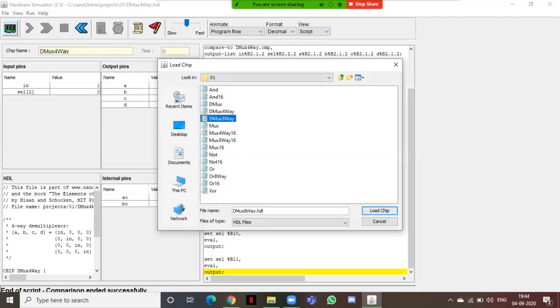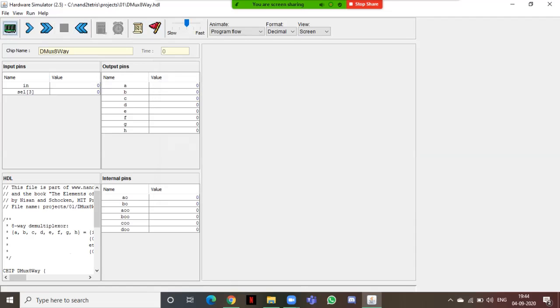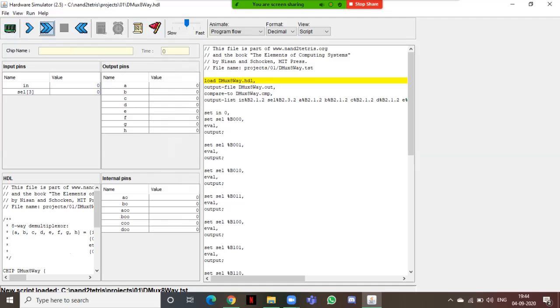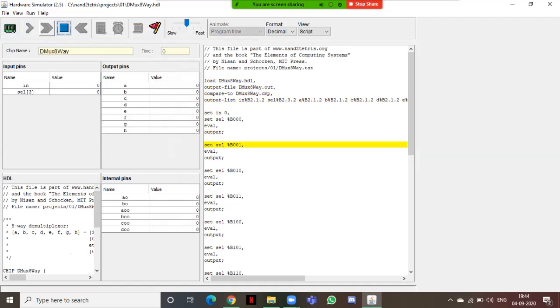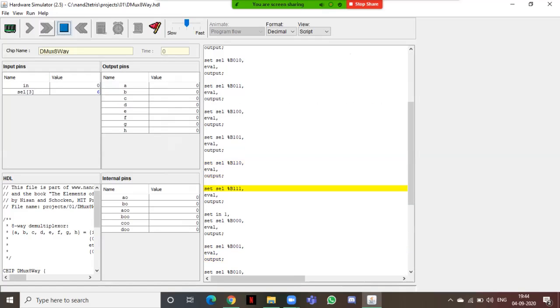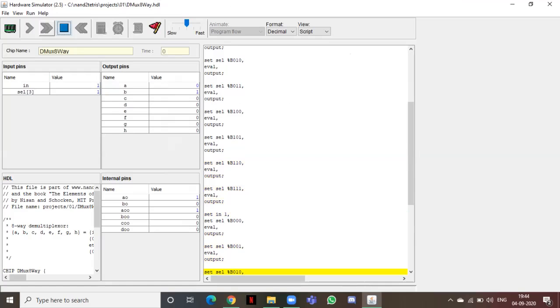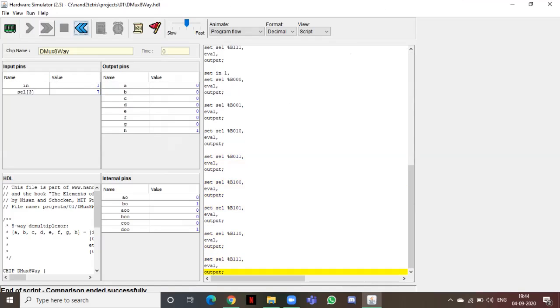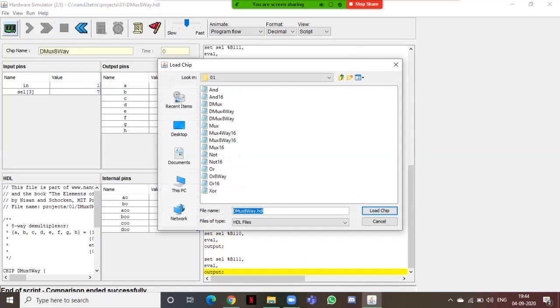DMUX 8-way. Load the script, DMUX 8-way. And here we go. So long it is, no? So here we come to an end with our project 1.